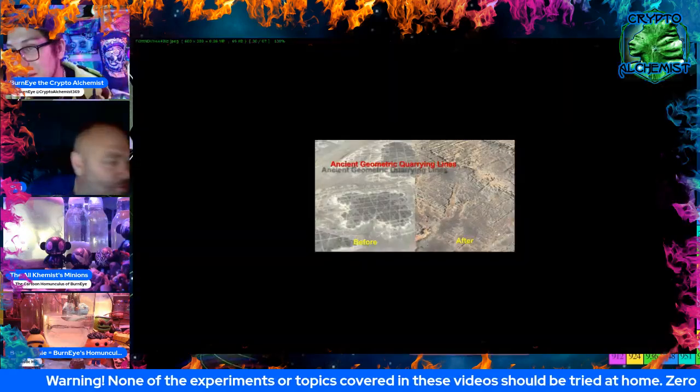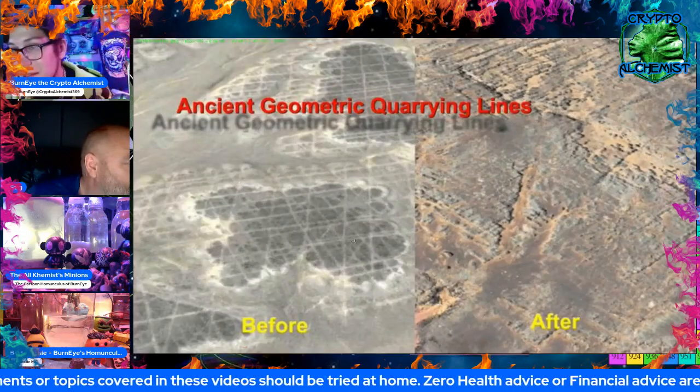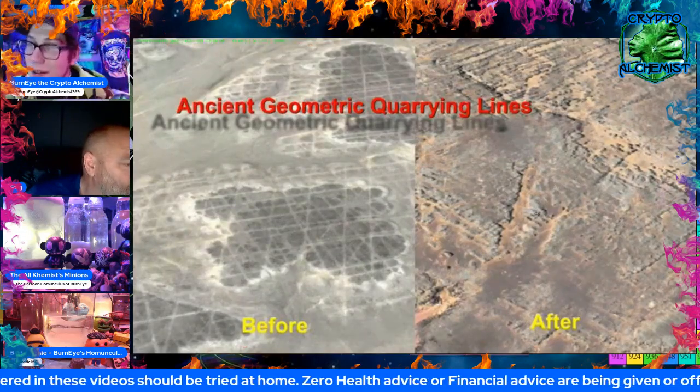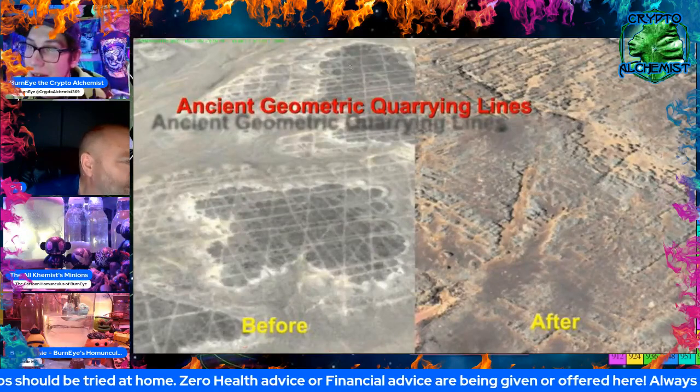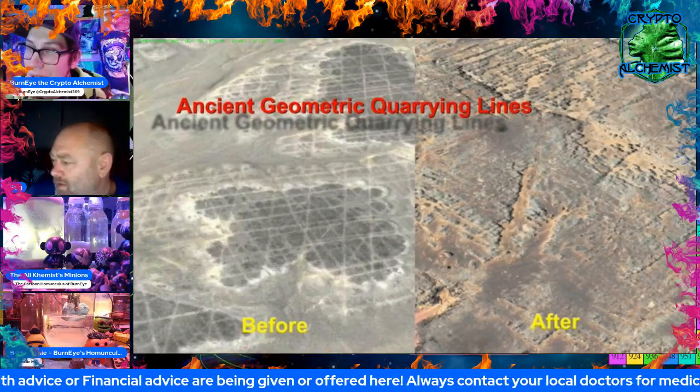Here's that one that I couldn't find. Here, these geometric quarrying lines. So I showed you the one in Tassili, Niger, but these lines on the left, I was going to find them for you, and I just missed them. But yeah, and they go on for a few miles. Let me see if I